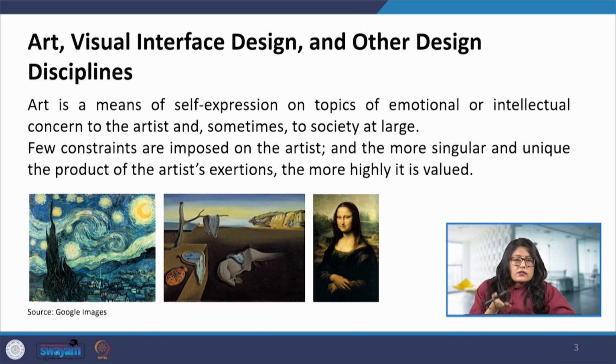So, whether it is Da Vinci's work or Dali or Van Gogh, we will see that there is a system in the way they have put the elements together, the way the colors have been selected. It is not like any element has just been placed in any random place, but there is an organized way in which the art has been created so that it can communicate the meaning